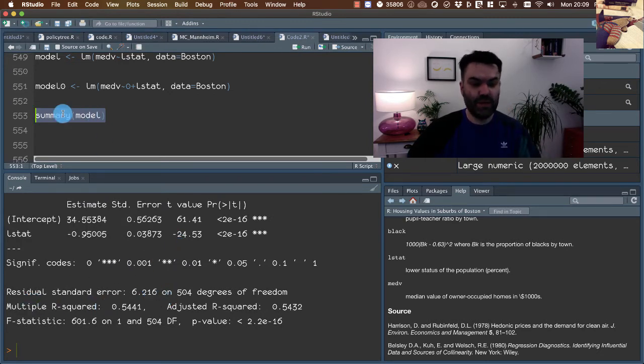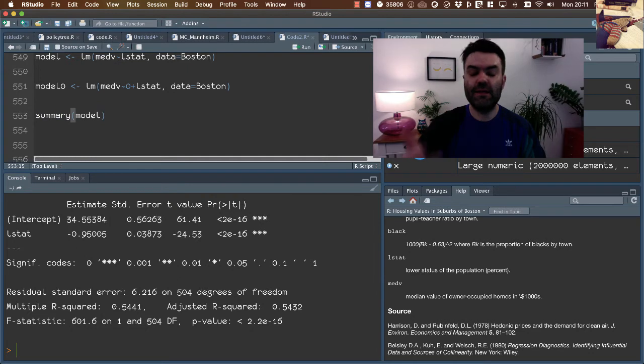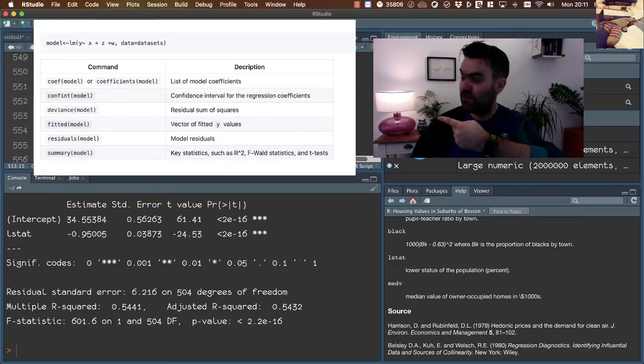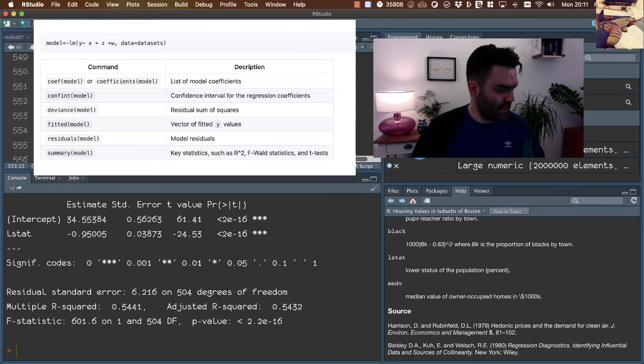So summary works not only with vectors of numeric values, but also with lists, which are objects. There are several basic functions that take models as inputs, and over here you can find the most standard functions. Apart from summary, functions that